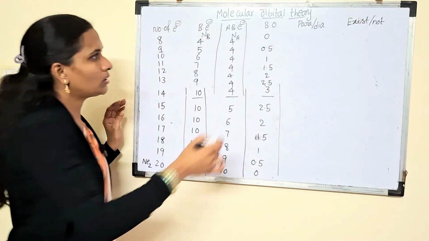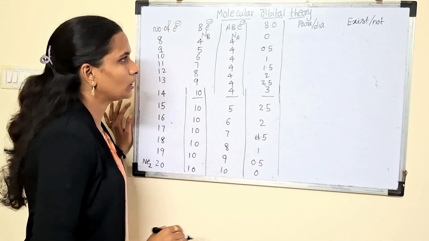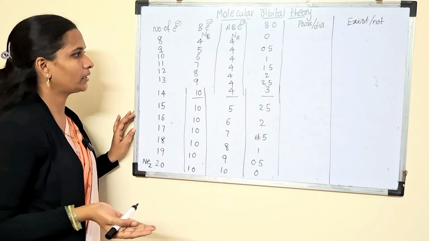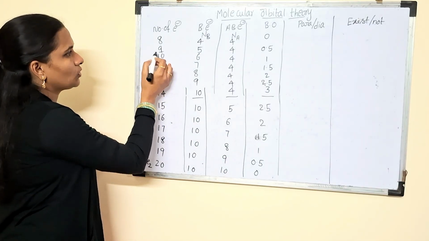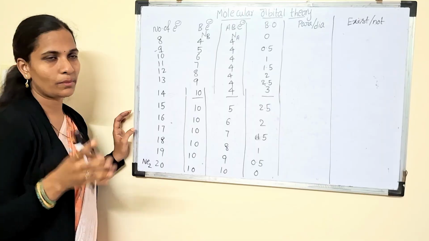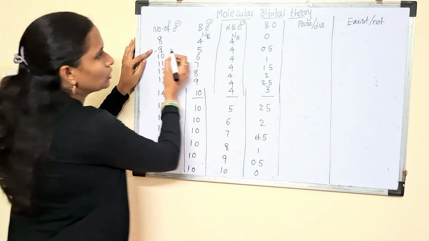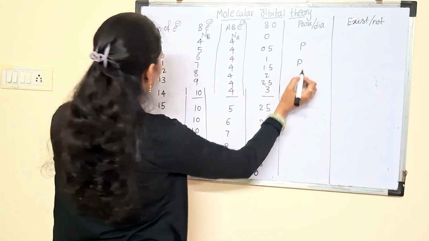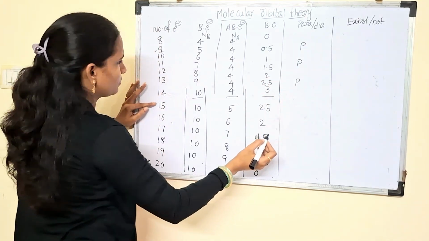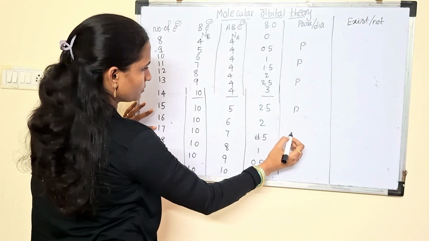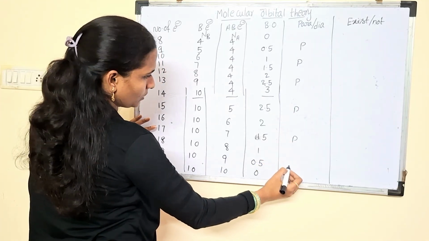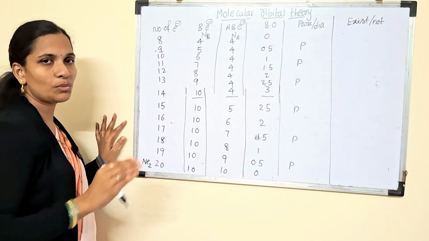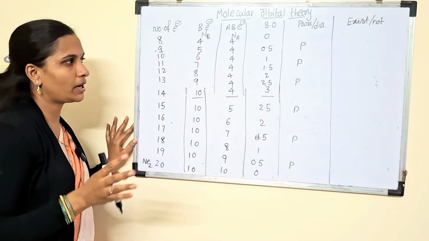So like that, we can write the bond order directly. Now, which is paramagnetic and diamagnetic? All odd numbers of electrons are totally paramagnetic. Here, odd number of electrons 9, so 9 is para. Next, 11 is para. Next, 13 is para. Next, 15 also para. Next, 17 also para. Next, 19 also para. So all odd numbers of electrons have the paramagnetic nature,